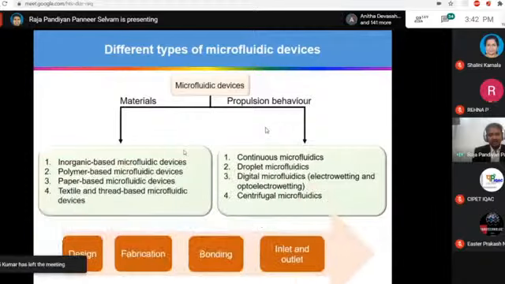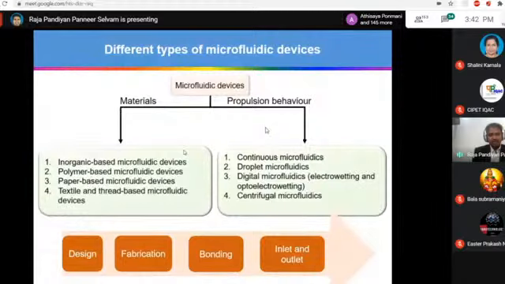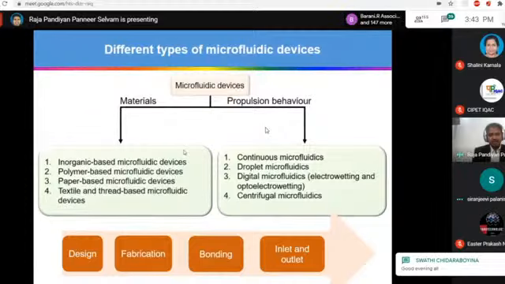So there are a few steps. First, we have to make a design, how our channel should be, and what are all the functions we are going to integrate. So we have to use a software to make a design. Then we may need a clean room facility and also some sophisticated instruments for the fabrication procedure, like lithography, photolithography,